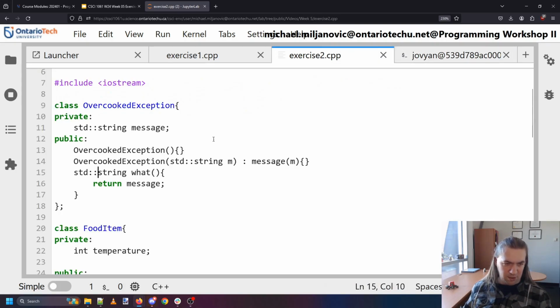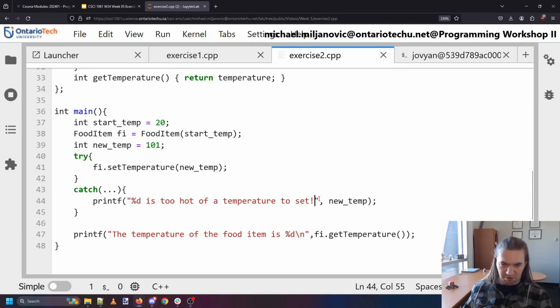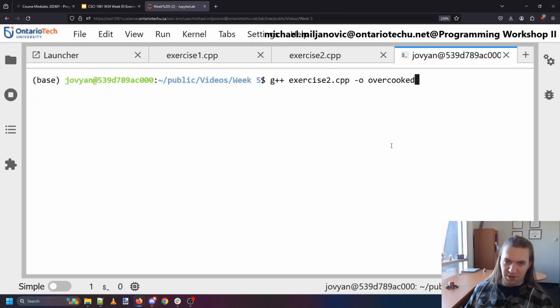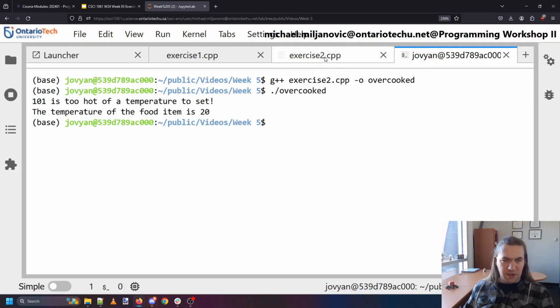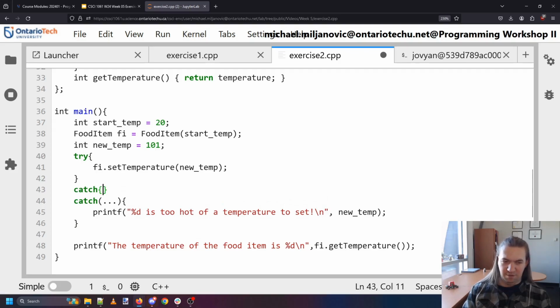Now when I run overcooked, I believe it does the same thing. 101 is too hot of a temperature to set. I really should put a new line character in here so it looks a little less ugly. Let's make that a little nicer looking. There we go. But nothing really different has happened. However, what I might want to do is catch a specific kind of error. So instead of just catching anything,